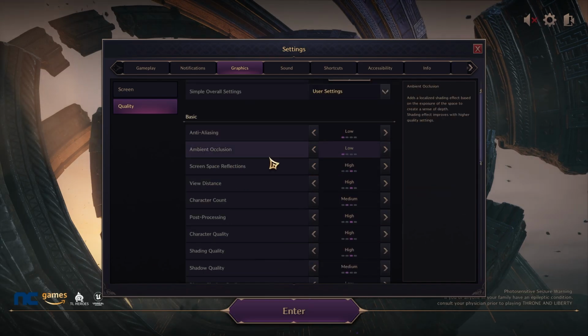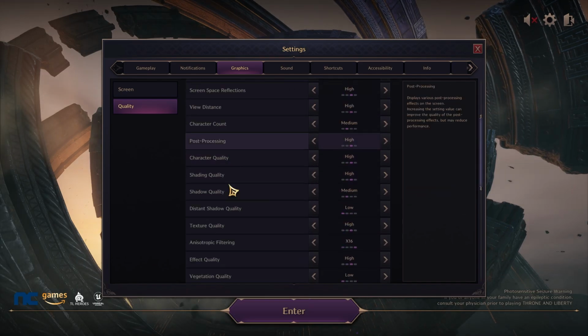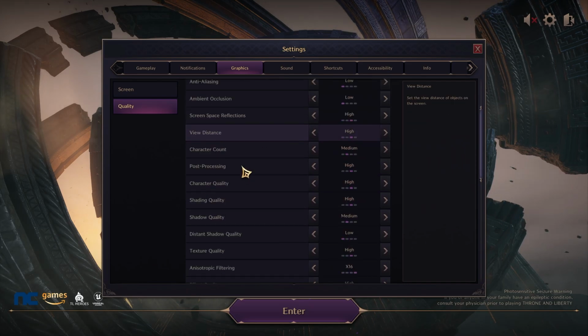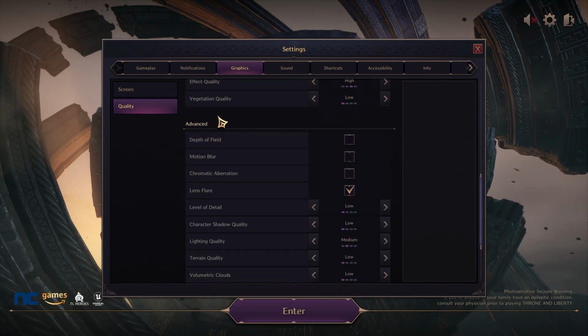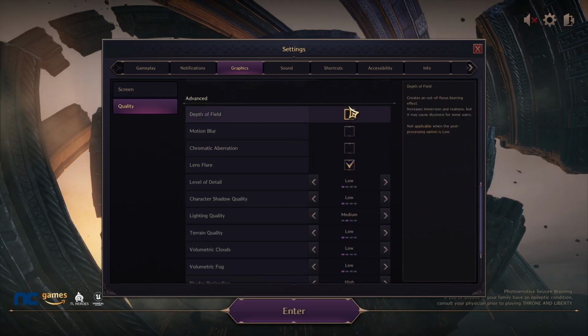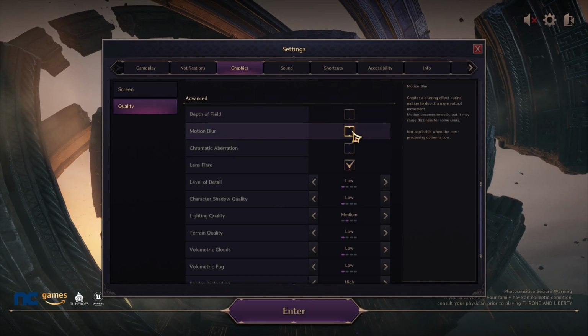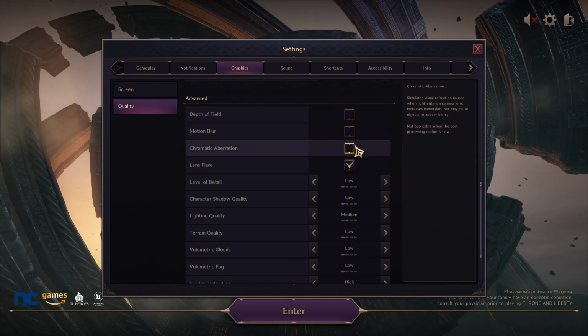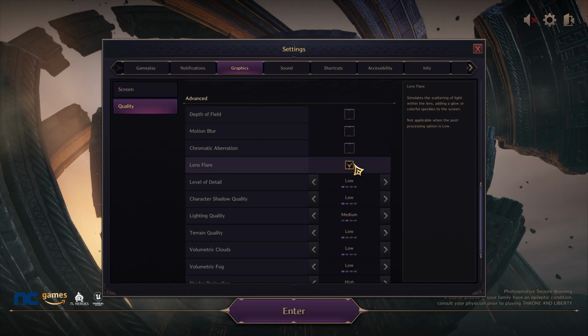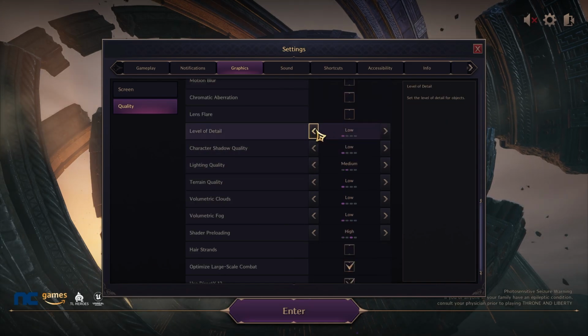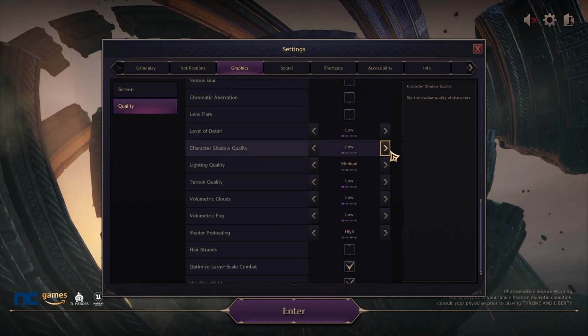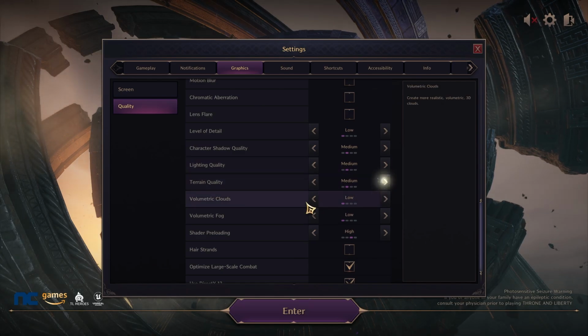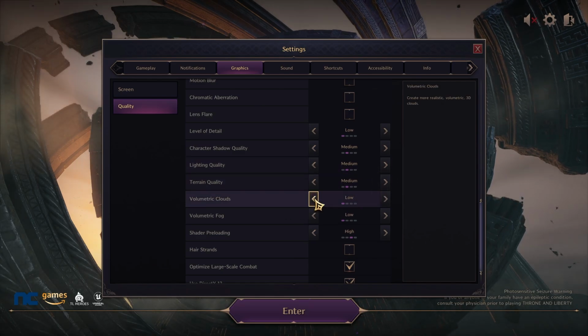Now like I said, these settings will give you a good balance between both performance and FPS and quality in the game. Then you're going to scroll down to the advanced section, make sure depth of field is turned off, motion blur turn off, chromatic aberration turn off, lens flare also turn off, level of detail set to low, character shadow quality set to medium, lighting quality set to medium, terrain quality set to medium, volumetric cloud set to low,